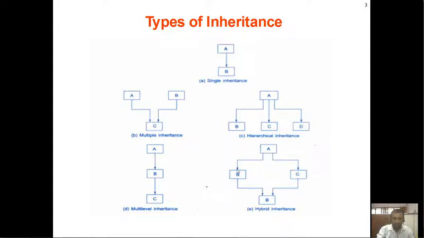So in this case, what you see is a combination of hierarchical inheritance as well as multiple inheritance as well as single inheritance, right? So from A we have inherited two classes B and C, and from B and C there is one class called D. It has to be D, by mistake it is B here. So these are the different types of inheritance.